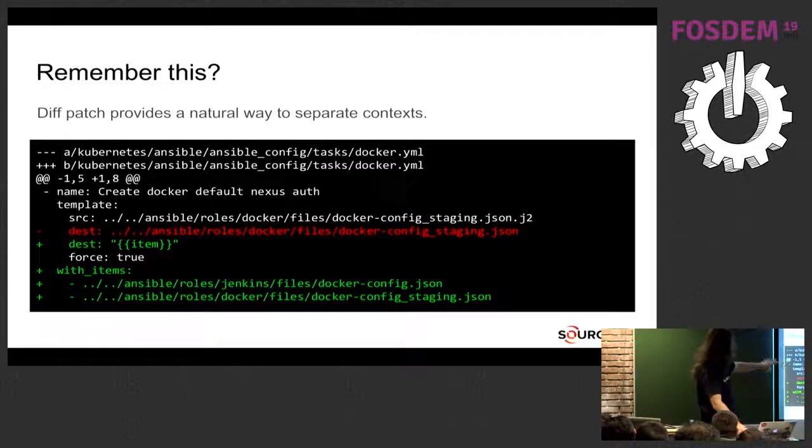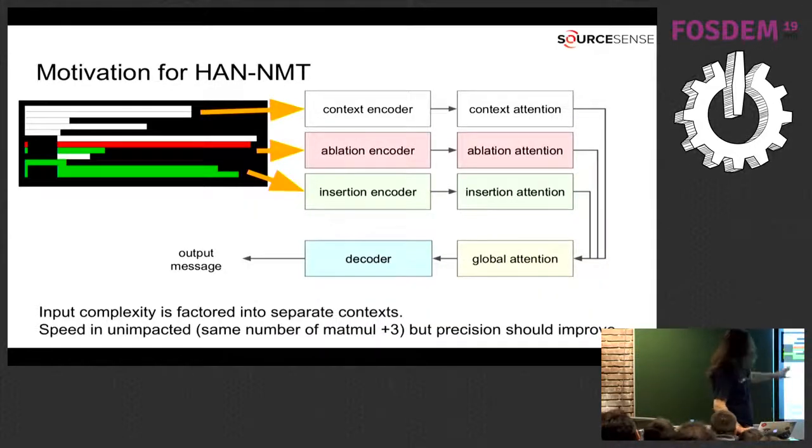So remember this, which you have a very natural way to separate context, because you know this is the ablation and this is the insertion. And everything which doesn't have a minus or plus is just context. So what I propose is that we get this very same thing blurred out, and we stash the lines pertaining to a context, no matter where they are, into a separate encoder, and the same holds for ablation and insertion. We get an attention model in between, just to tell what are the relevant parts, and then we feed all these 3 attentions toward a global attention, and that goes into a decoder.